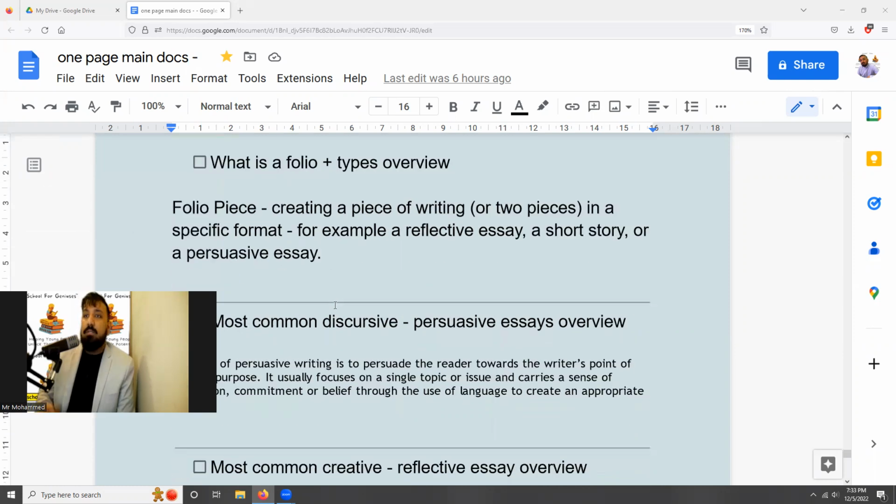Okay, so to begin, what is a portfolio or folio piece? What does that mean? So a folio piece or folio essay, what is that task? It is creating a piece of writing, okay? And I say one piece because